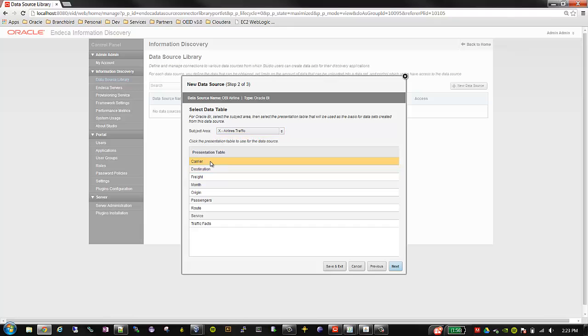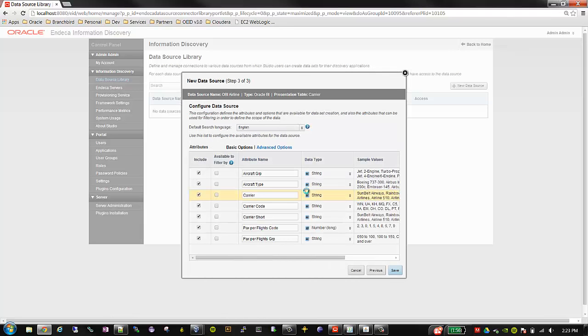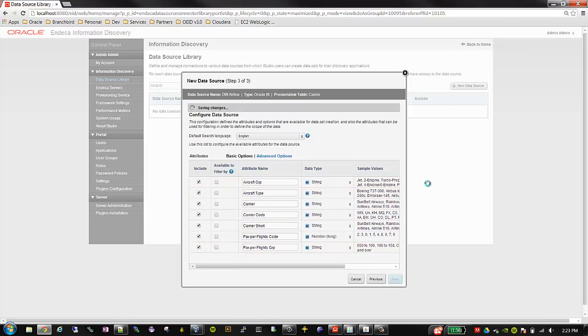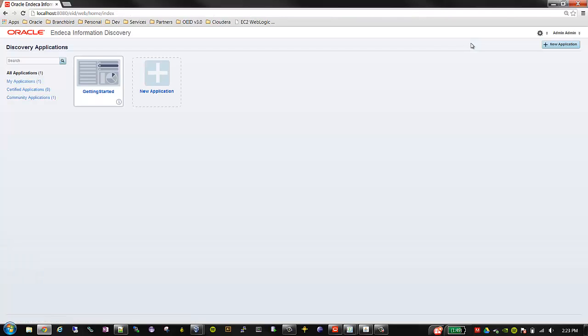For demonstration's sake, I'm going to go ahead and pull in the carrier table, through which the provisioning service will go and interrogate that table and assign each attribute its own display name and data type appropriately. And assuming I'm okay with what it's given by default, I can save that off to successfully create my OBI airline data source. Now, taking my Endeca administrator hat off, now I have a pointer, if you will, that my end users,